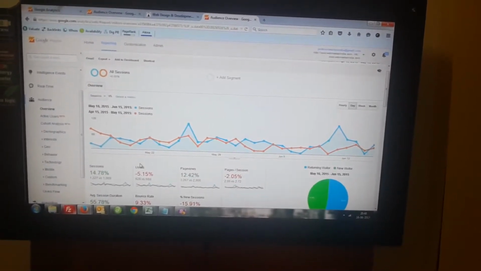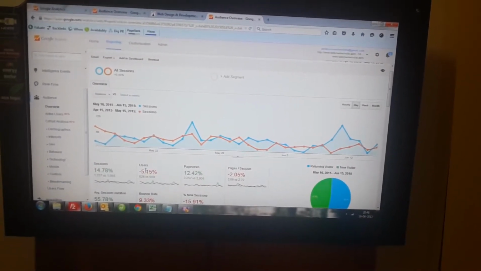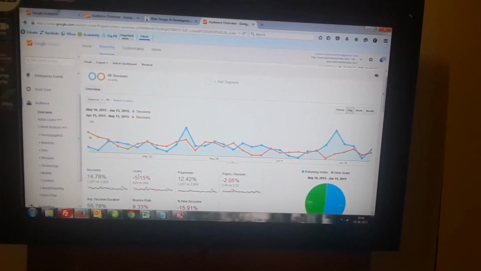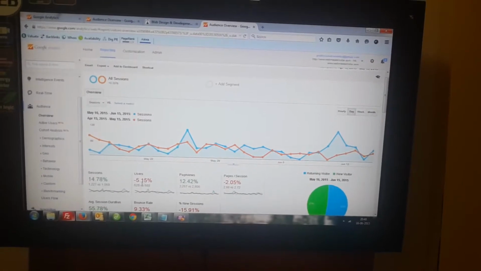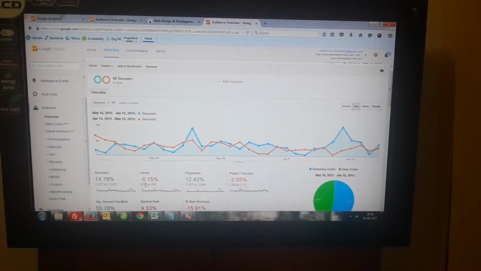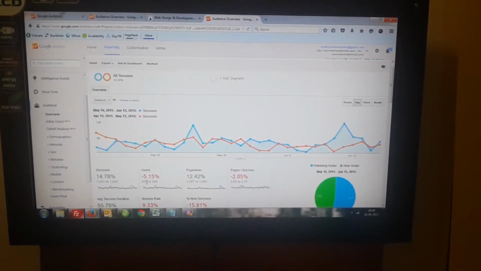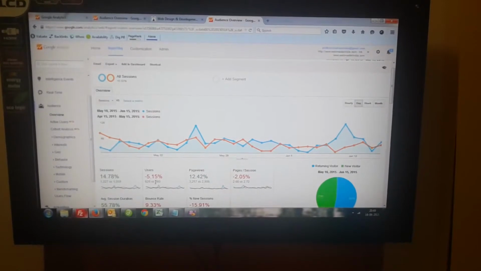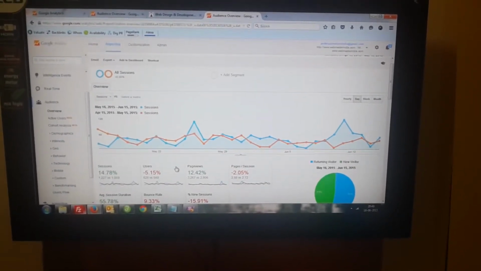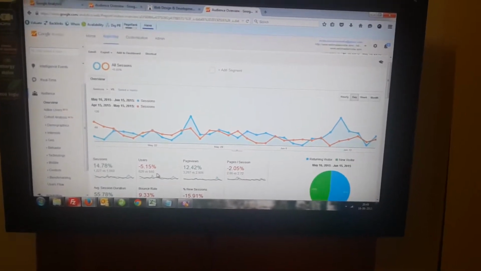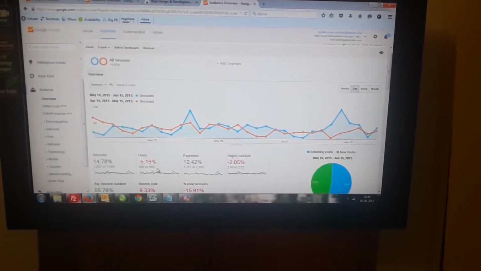But at the same time, the number of unique users has decreased by 5.15%. This month the number of unique users was 626, whereas the previous month it was 660. So the number of unique users has decreased this month.